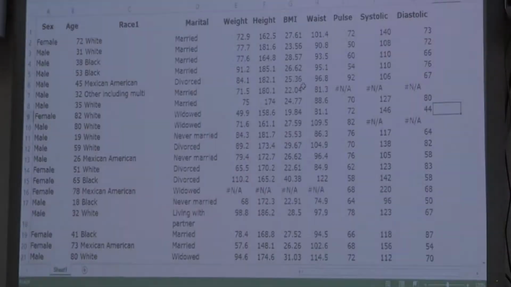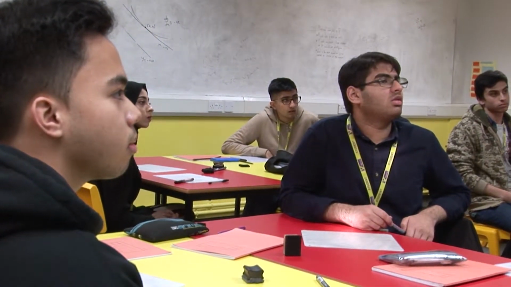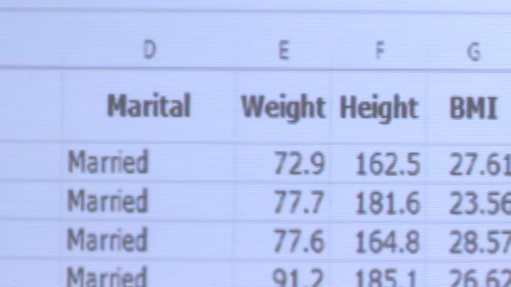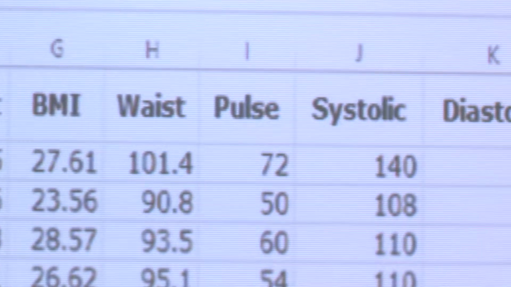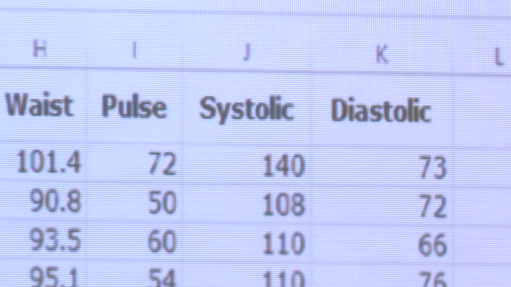What we have here is survey data based on health. These students are looking at the data for 200 people in a survey from 2003. They're using this survey to build on their understanding of the normal distribution by considering which variables in the survey are normally distributed. We started this task by just projecting up on screen a health survey.